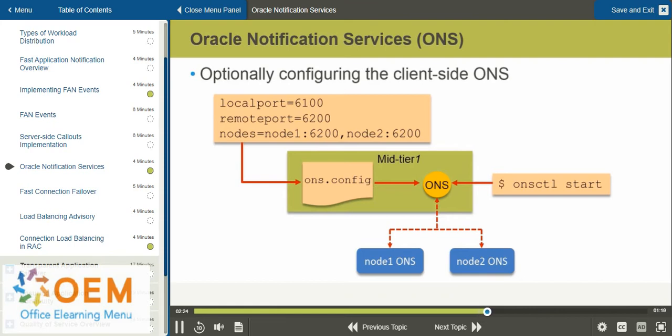It is advisable to have some sort of monitoring in place to make sure your ONS daemon is always running. You can check that the ONS daemon is running by using the onsctl ping command. Oracle Database 11g Release 2 introduced a new set of APIs for Oracle RAC Fast Application Notification events. You can use these APIs if you are not using the Universal Connection Pool or the Oracle JDBC Connection Caching. From the client side, you can use Oracle RAC Fast Application Notification in two ways: by making sure the ons.jar file is present in the class path of your application, or by having an Oracle